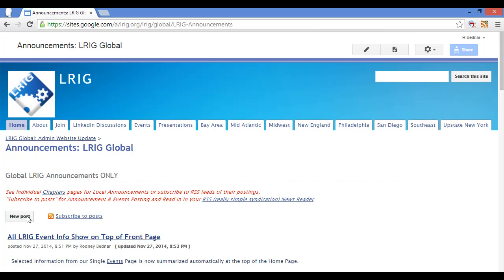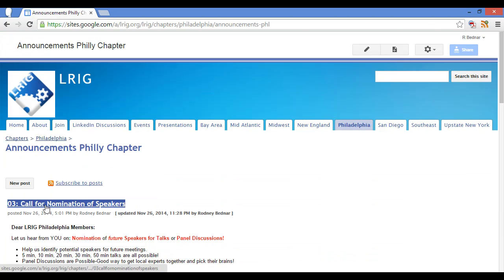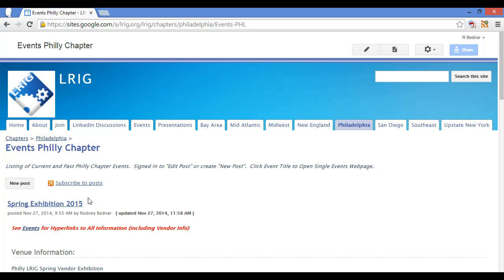So this is how you would go and post a global announcement. You see this chapters button. If I hit that, that brings us up to a table where we can go through and make a chapter announcement for Philly. And you come here, and here's where you do the new post. And if I go back, I can go here and say events Philly chapter. And this is where I would go and make an event for attendees. I'd say new post and say, well, okay, this is the fall 2016